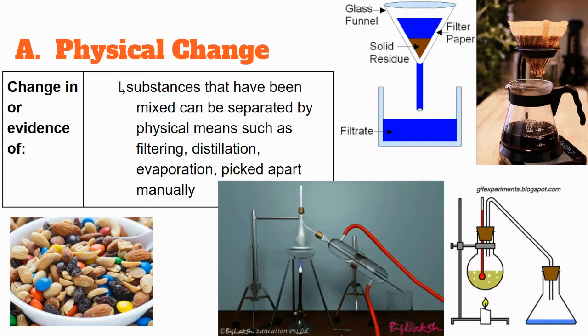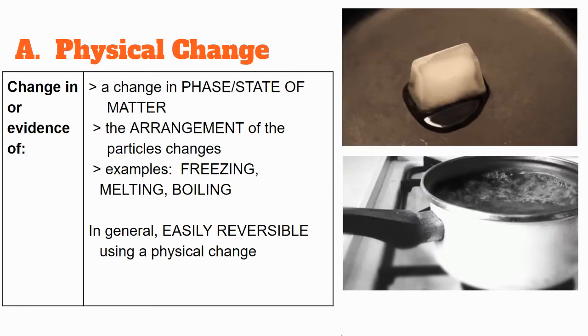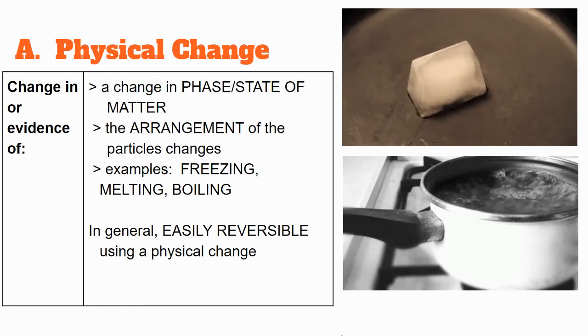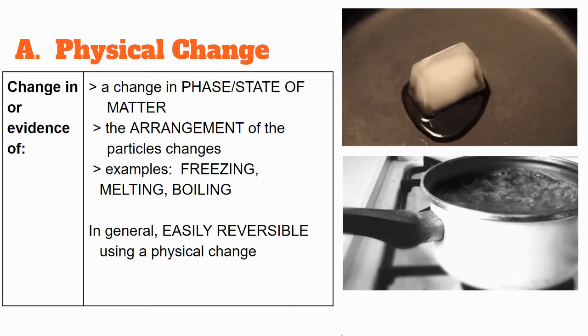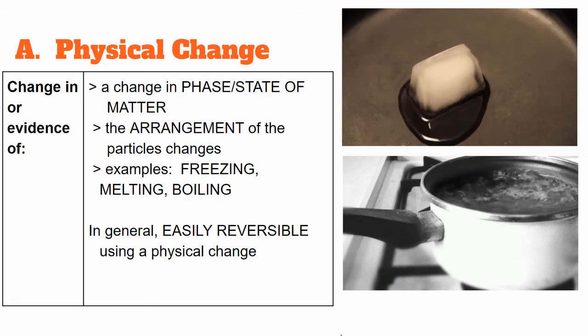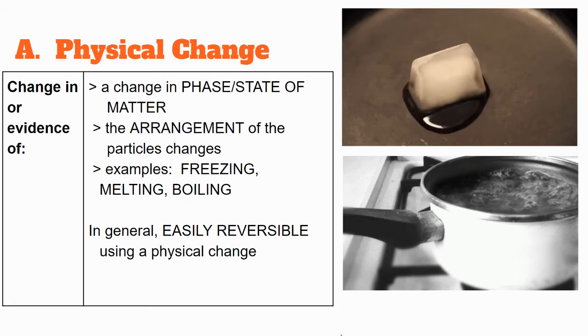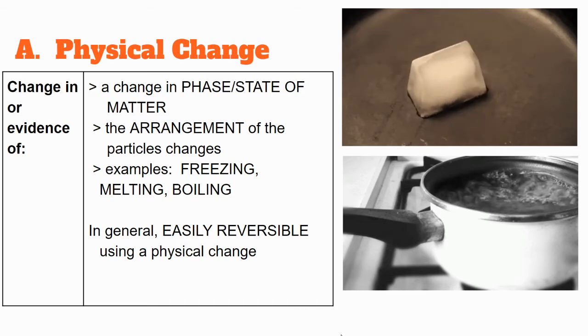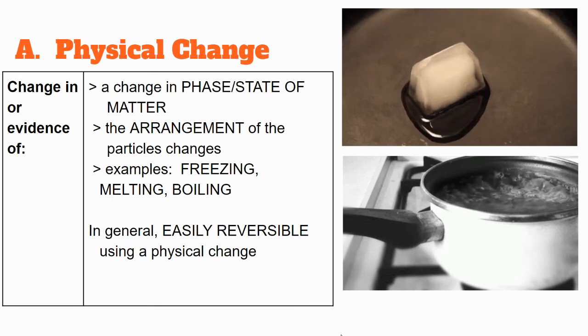Okay. So let's talk about the last couple types of physical changes then. These are really phase changes. When we have a phase or state of matter change, like we talked about melting or freezing or boiling, that's really the same particles, but they are being arranged differently. That ice cube there, whether it's liquid or solid, it's still water particles. Whether that is liquid water in the pan or steam above the pan, it is still water.